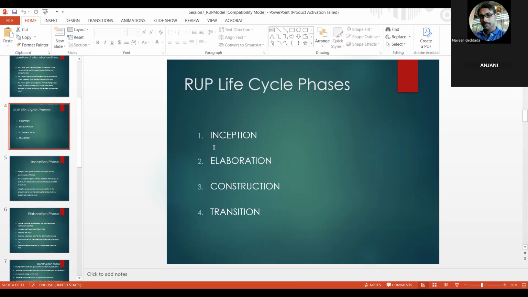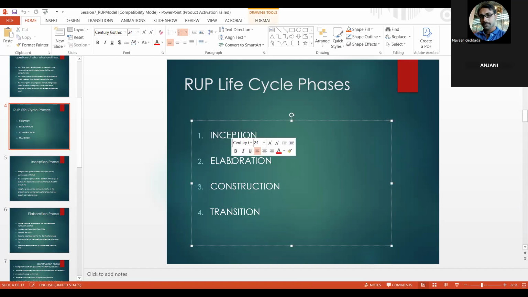And here in the RUP, we will be having four different phases, which are inception, elaboration, construction, and transition. Inception is the phase where we are going to define the scope of the project, and elaboration is the phase where we are going to discuss the scope. I mean, scope of the project means we need to understand the requirements of the project. And